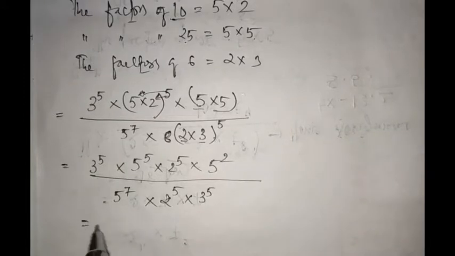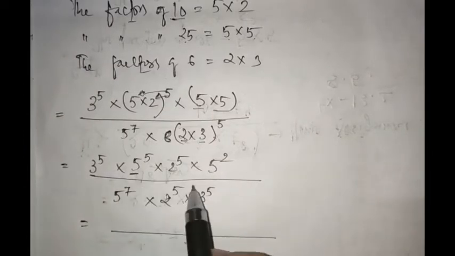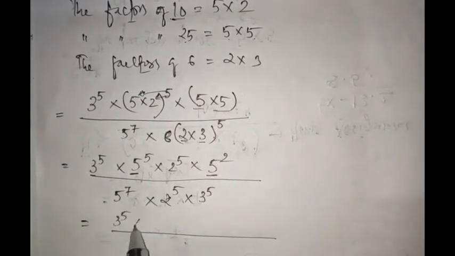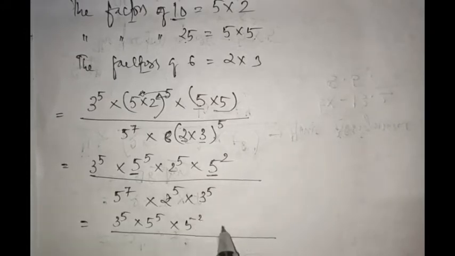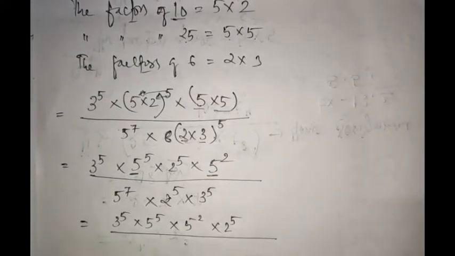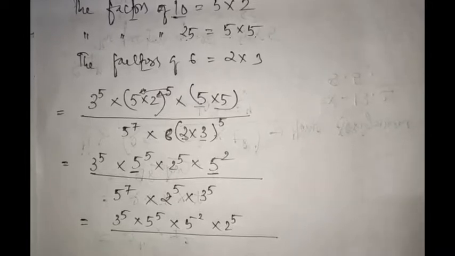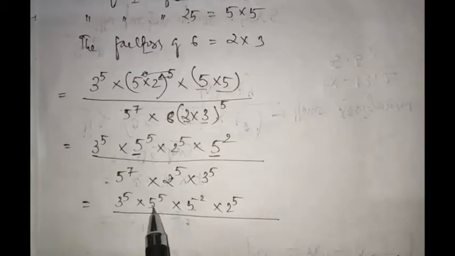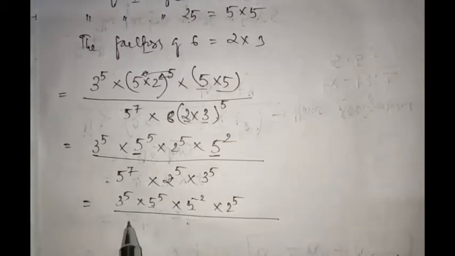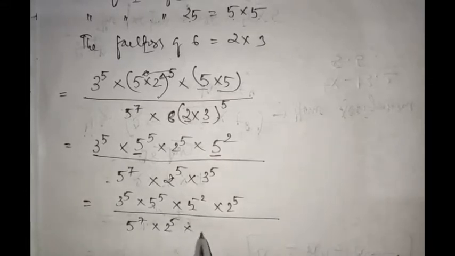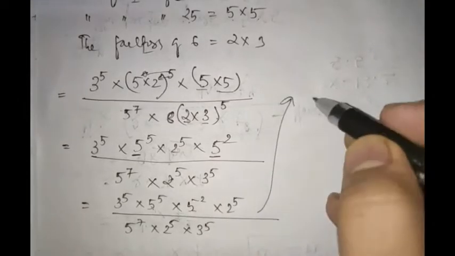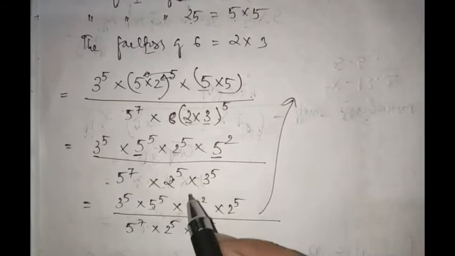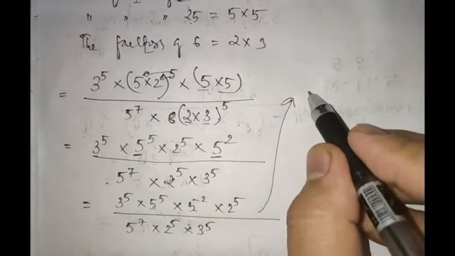Okay, so now next, first of all you'll carry the numerator here. First of all, just simplify this thing. You have the same base here, so I'll be keeping this thing together: 5 to the power 5 into 5 square into 2 to the power 5. Why I am doing this, you will now understand. Because now you can use the rule of multiplication. Having the same base, multiplication sign, then power will be added, right? So 5 to the power 7, 2 to the power 5, 3 to the power 5. Here you do not have the same base, so you are not going to use the technique here. But here I have done so because they have the same base, right? So I have brought them together.